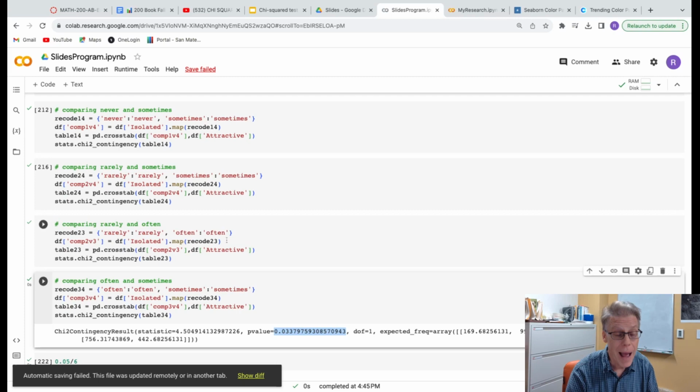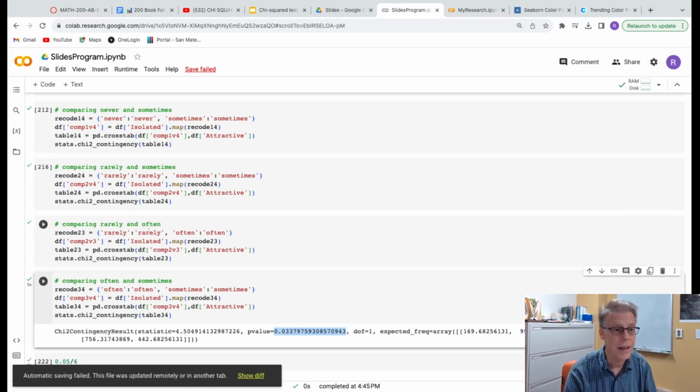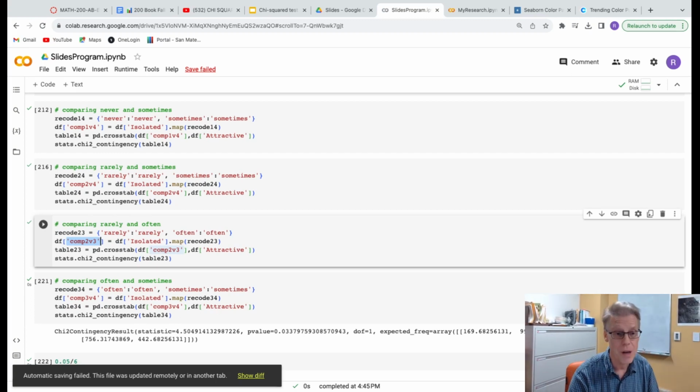And it's okay, I'm going in backwards order, just so you know, because I'm not changing isolated in any of this stuff, and I'm not changing attractive in any of this stuff. I'm creating these new things based off of this stuff I'm not changing. So it's okay that I'm kind of doing it out of order. It's not going to affect anything.